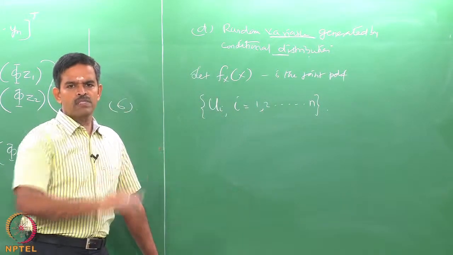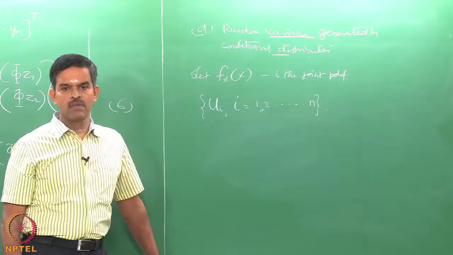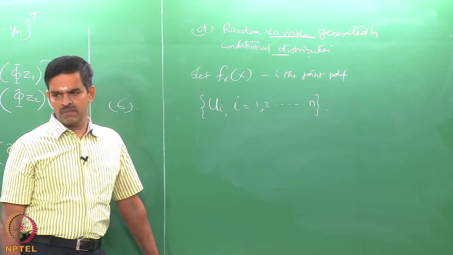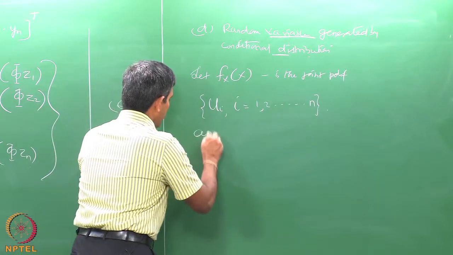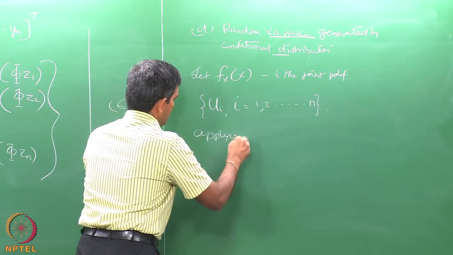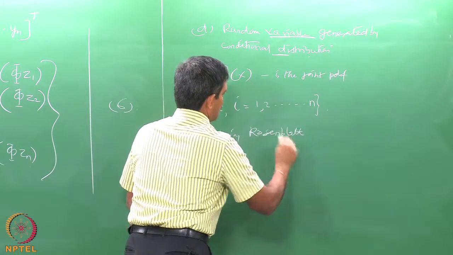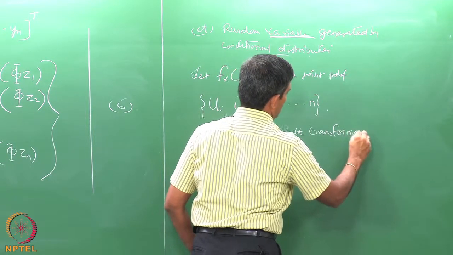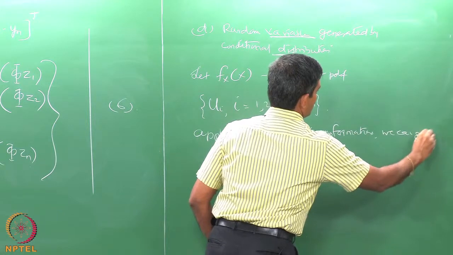So, they should be statistically independent and uniformly distributed random variables. Then one can apply the Rosenblatt transformation, as I am now writing here. So, applying Rosenblatt transformations, one can get